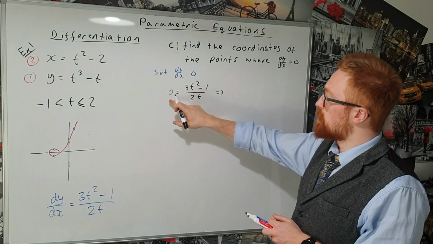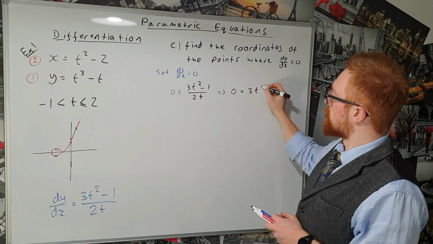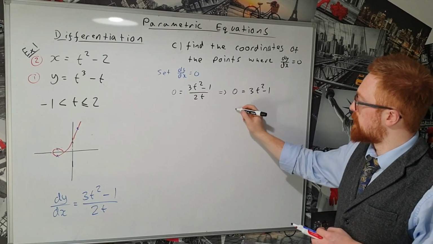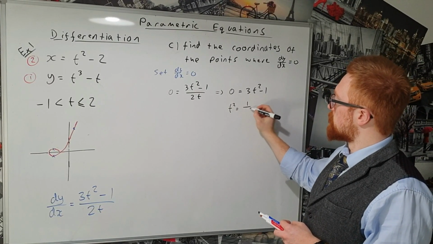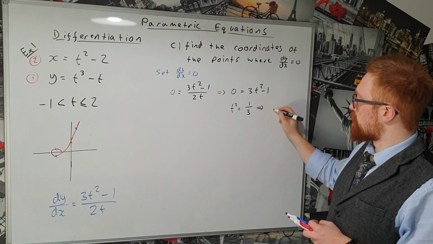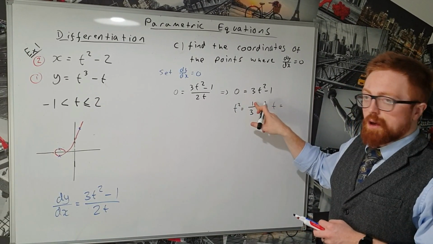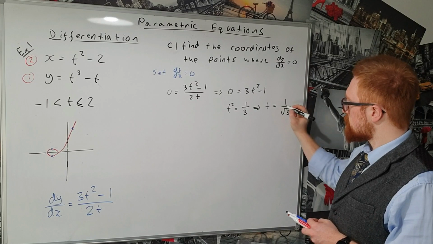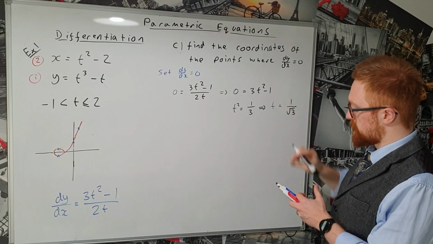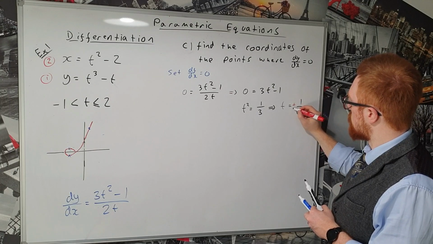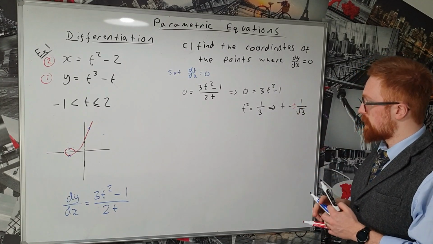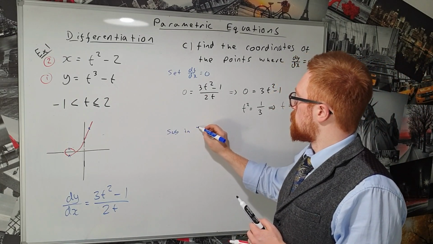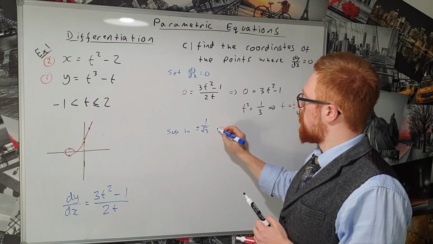So if we want the numerator to be equal to 0, we get 0 is equal to 3t squared take away 1. Not too tricky to solve. We'll add the 1 to both sides and then divide by 3. So we get t squared is equal to 1 over 3. And then if we square root, that gives me t is equal to the square root of 1 is just 1, and the square root of 3 is root 3. And that is plus or minus as well. So it's just an extra thing we need to consider, that there's 2 possible values there. Okay, so now our next step is to sub in plus or minus 1 over root 3